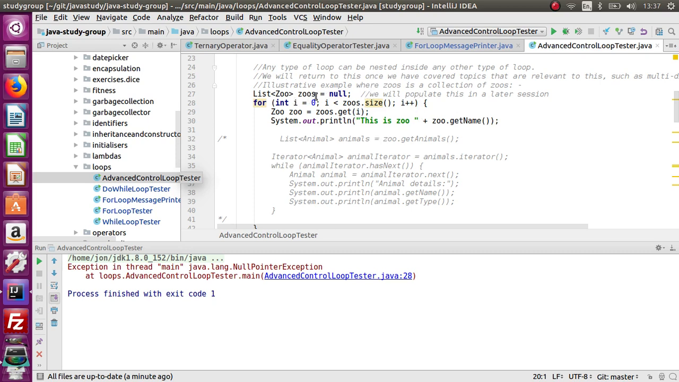Say we've got 3 zoos in here, Chester Zoo, Dudley Zoo and London Zoo, and we're iterating through them and getting the name. So this will print, this is Chester Zoo, this is Dudley Zoo, this is London Zoo. We'll print them each time. That's fairly obvious, using a standard for loop there, going through